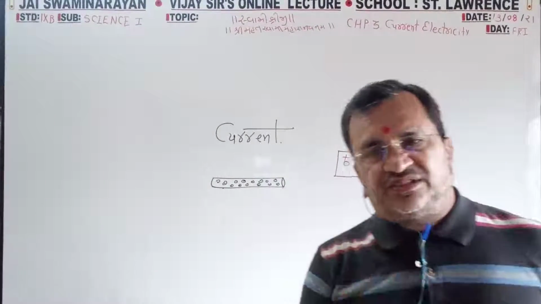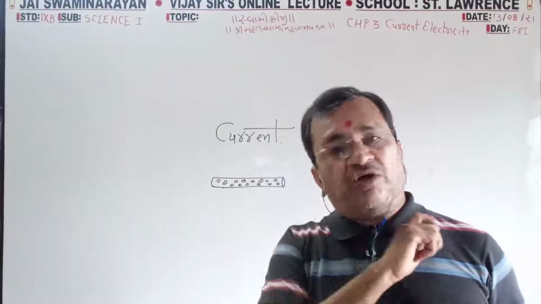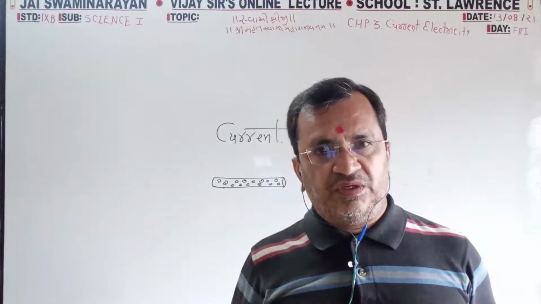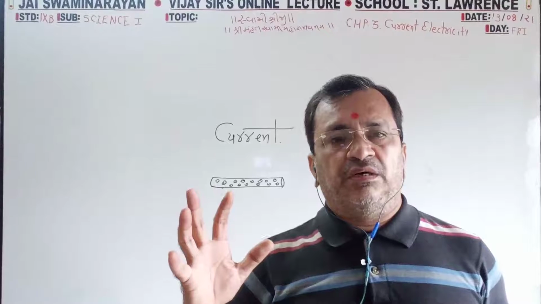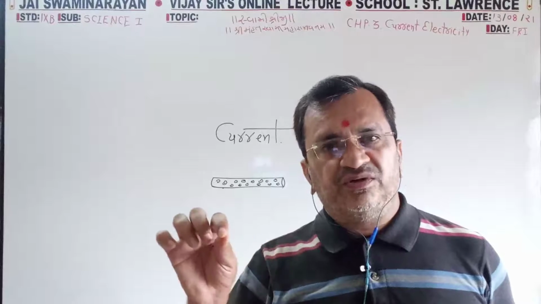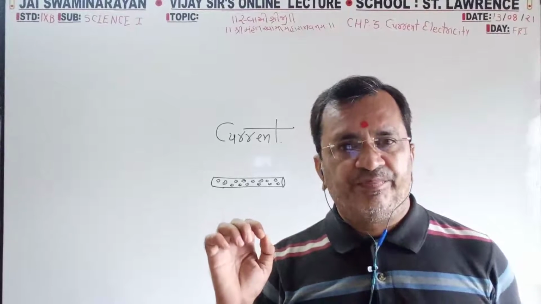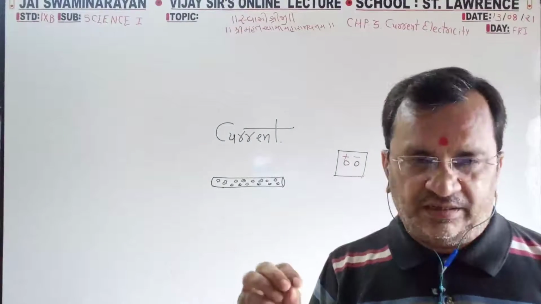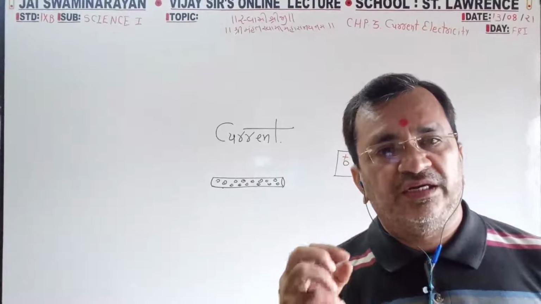And then we have discussed that through metal, electric current can pass, but not through non-metal. Why? In non-metal there are no free electrons. In metal there are free electrons. So, what is the function of the electron? That is now a very important part of electric current. Current depends on the flow. That flow is always from higher level to lower level. So level difference is a must. An electric current can pass only through metal because there are free electrons. Now what is the role of the electron in electric current?